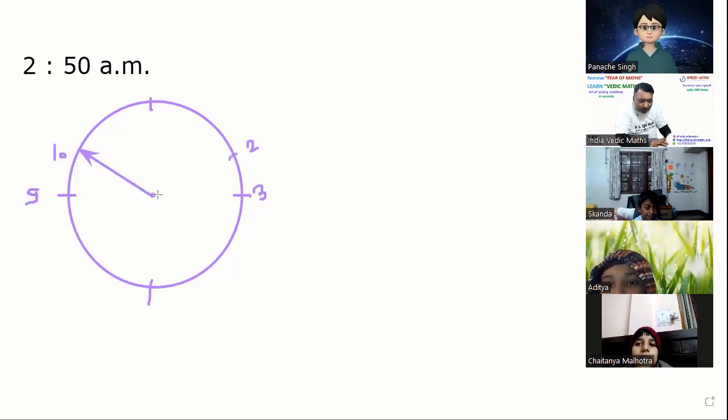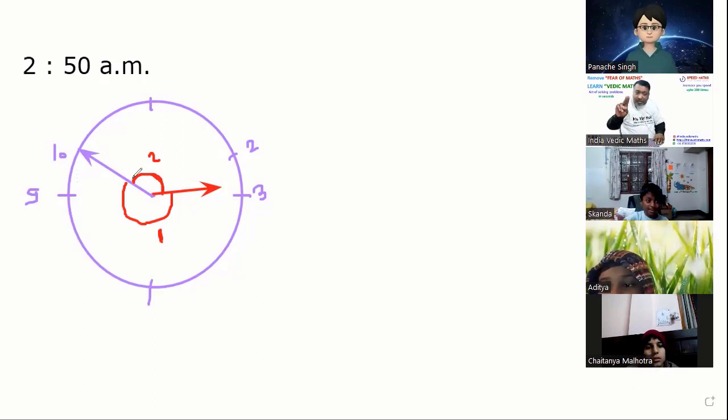And the hour hand. 2:50 means this is 2, and it heads toward 3. It will be somewhere here or not? Everybody agree? So the angle I am talking about, both of you are right. If you talk about this angle, say angle number 1, and this angle number 2. Since I was talking about the external angle, this angle is reflex. But if you talk about this angle, it is obtuse. Got it? So depending on the question, reflex is the outside angle, which is the original question. But if you look internally, it is obtuse.